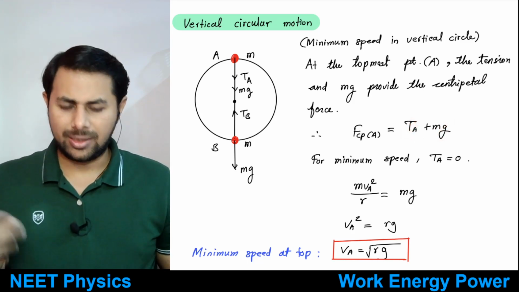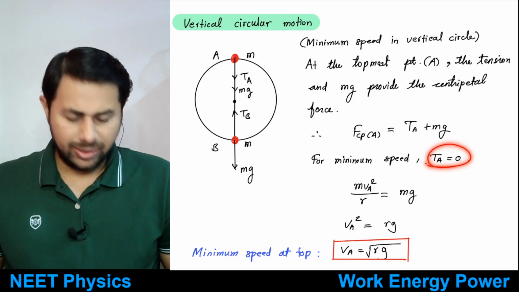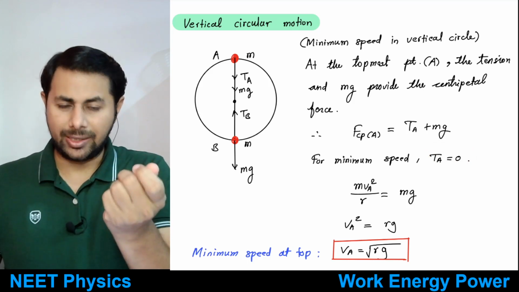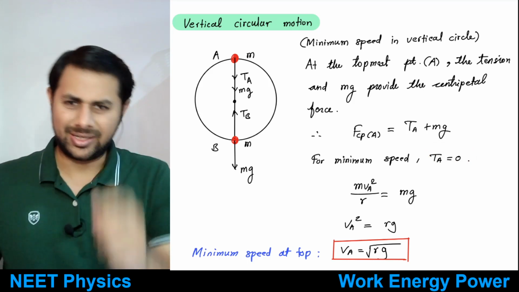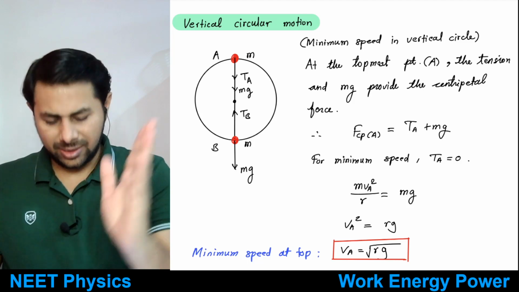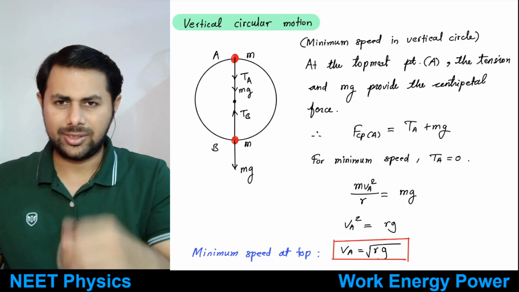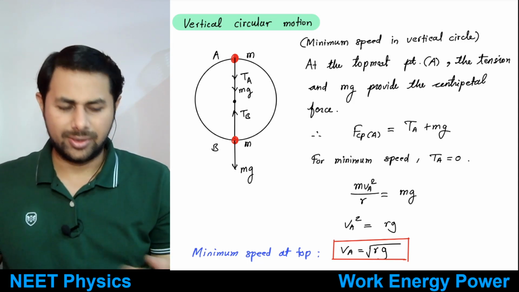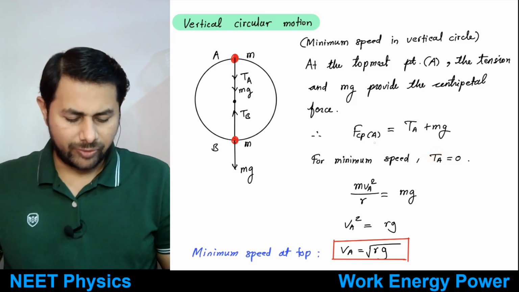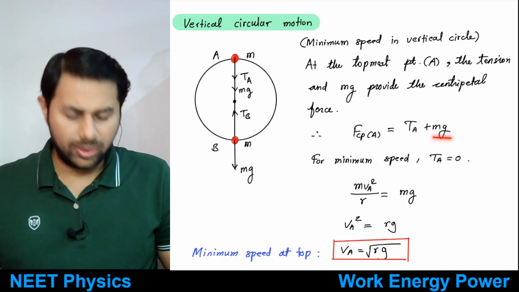Now suppose tension is minimum. What can be the minimum tension? Suppose tension is 0, okay? So you are moving a stone which is tied to a string, and the other end of the string is in your hand. You move it in such a way that the stone just passes over the topmost point and doesn't fall down. For that, the tension that you are applying is equal to 0. So then what provides the centripetal force? Only the gravitational force,